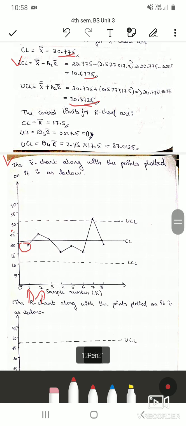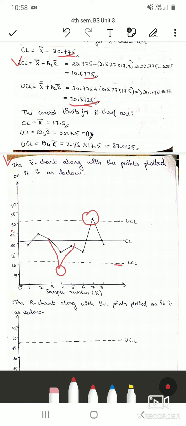So for the second sample number, x bar is 24.2, which is below 25. I have marked it. Similarly, mark all the x bars for all the 8 samples. You will get a plot, join them with a straight line, so you get to see this kind of pattern. And now you can see there is one point which lies above this upper control limit, so it is not under the limits. Suppose there was one more point over here, and if it goes below the lower control limit, then again we can say that the process is out of control.